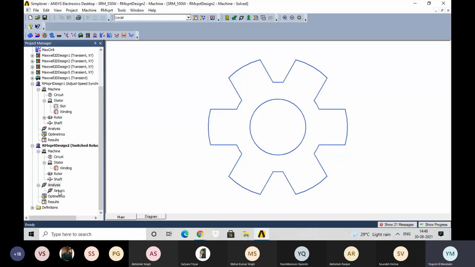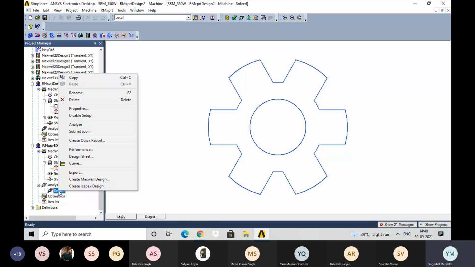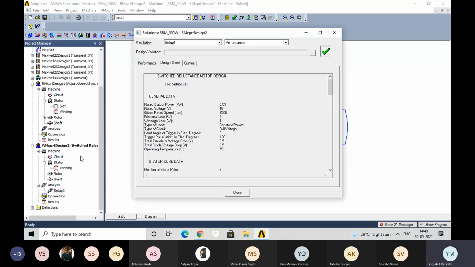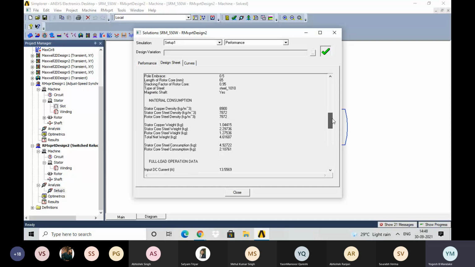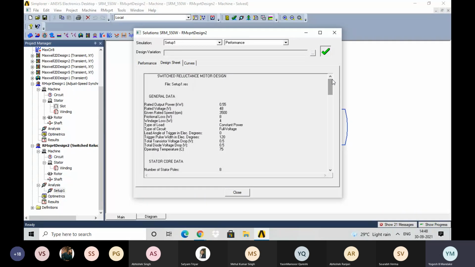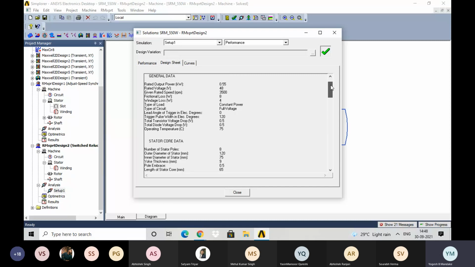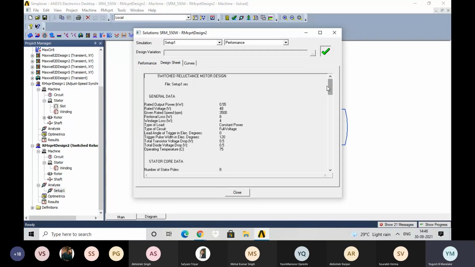So once the analysis gets completed, how will the results be shown? If I want the results, I will go through the design sheet. If I press the design sheet option, you can see the total design parameters are available, which is very helpful data. If the software is not available, then we would calculate all the parameters by using different mathematical calculations. But here that time will be saved, and all the parameters like general data, stator core data,